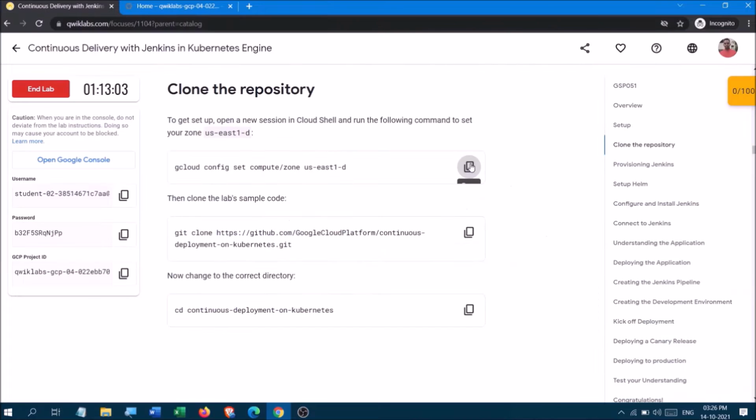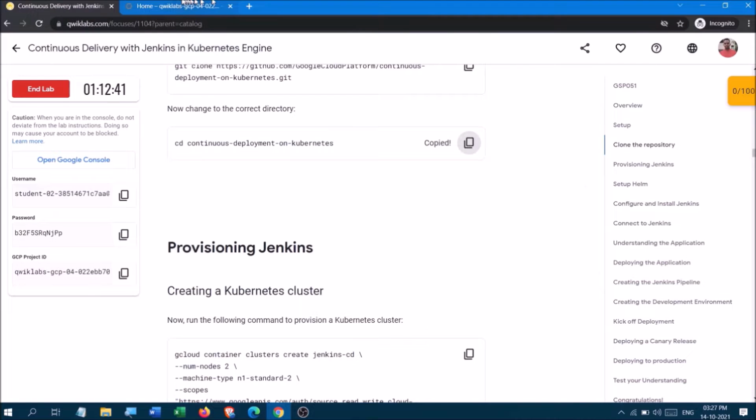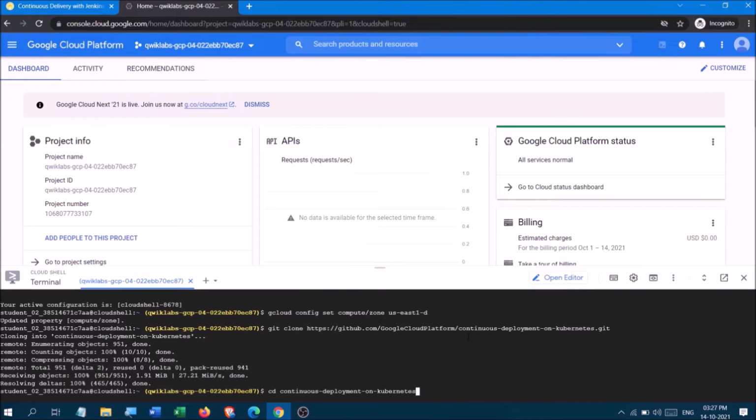I am configuring this, and it is configured. Now I am copying this clone command and cloning it. Yes, it has been cloned. Now change the directory. The directory has changed.